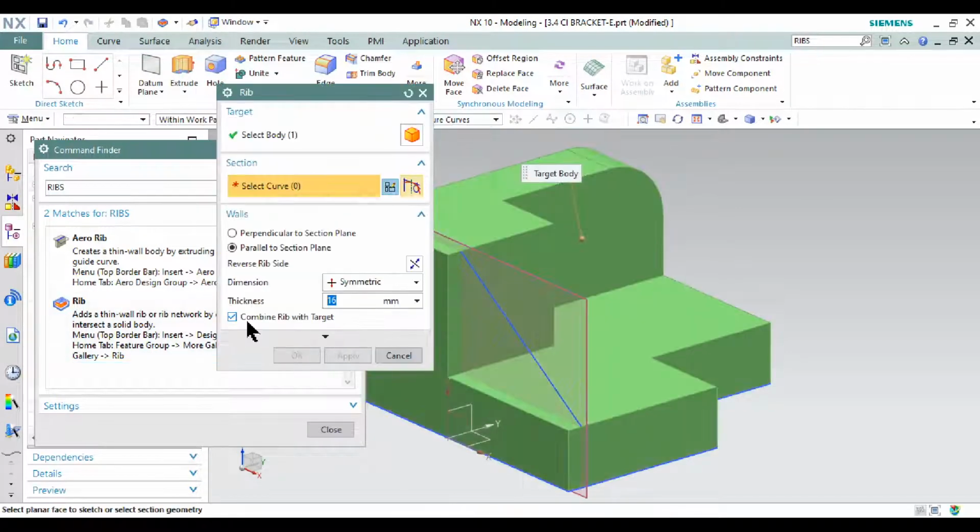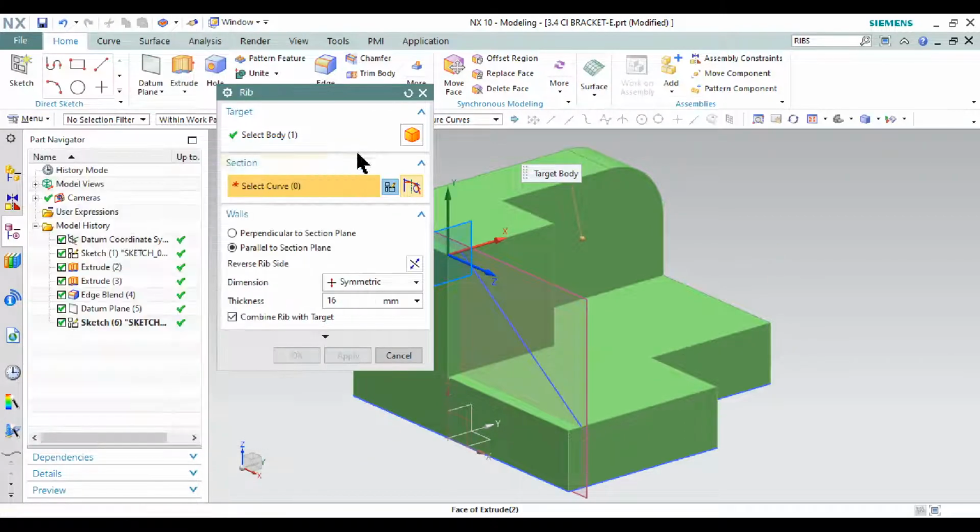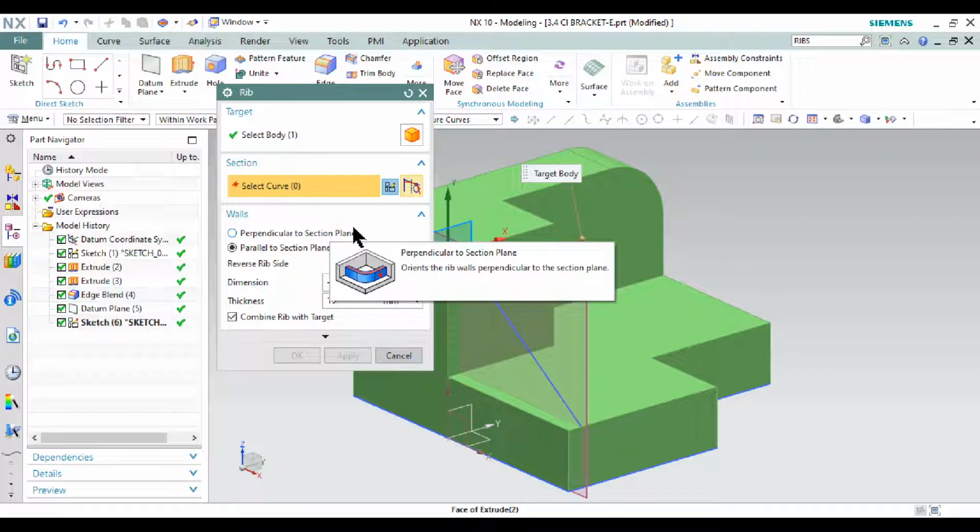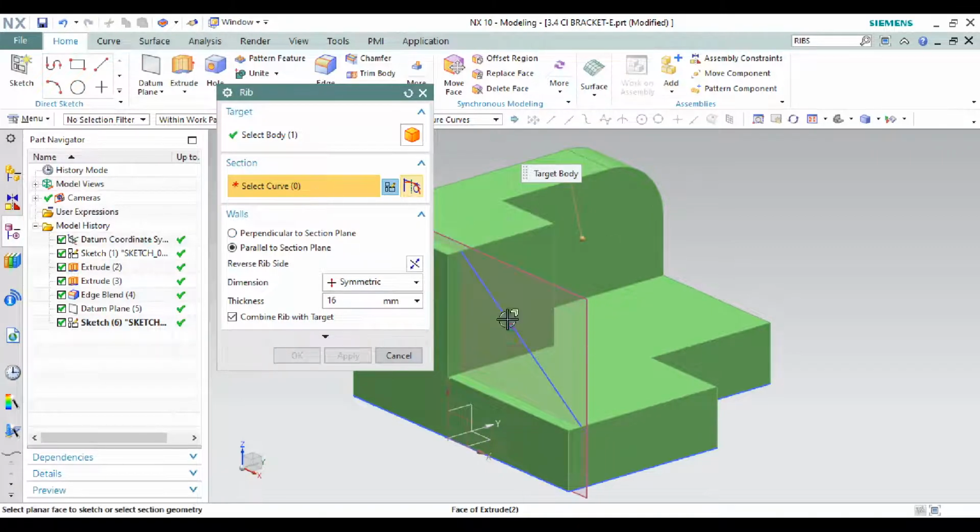Click, select body. The body is already selected because the color is changed to green, but the curve or line is not ready. You must choose this line